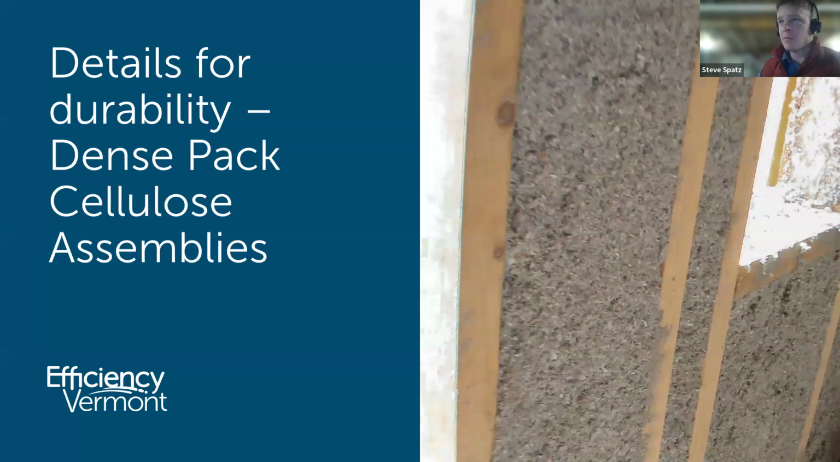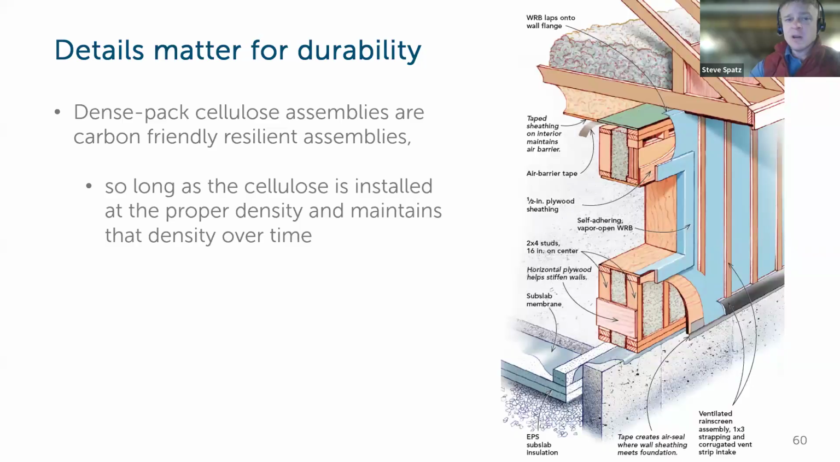But another common approach is dense packed cellulose double stud wall assemblies or rafter roof assemblies as well. So these are very safe and durable and carbon friendly building assemblies, and there are a lot of examples of these types of assemblies out there and resilient. But again, it does come back to detail, not only for the specification and the detailing of the control layers of air barrier, vapor control, bulk water control, all of that, but also how the insulation material is installed itself